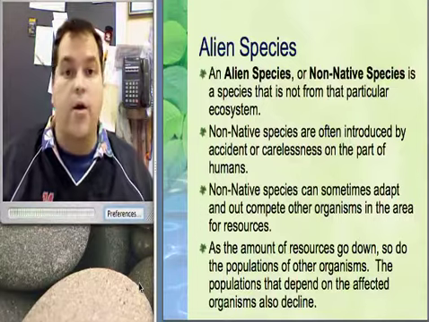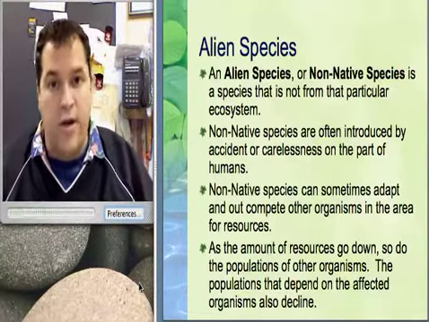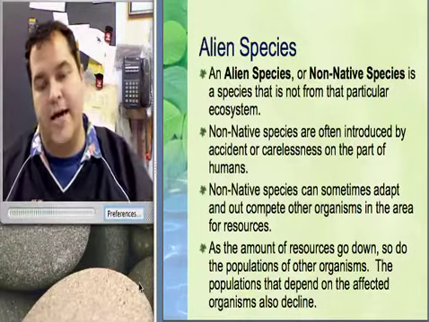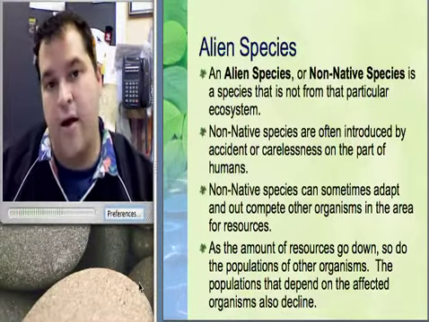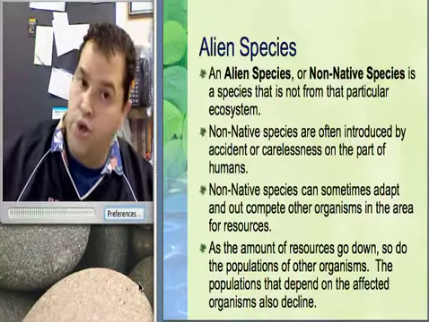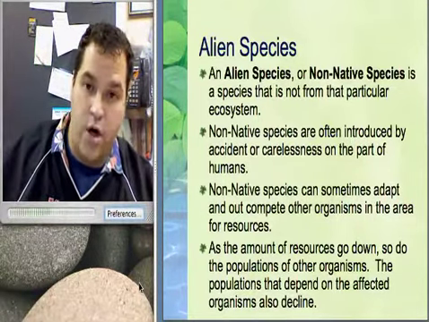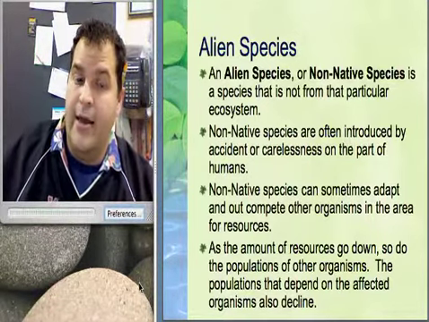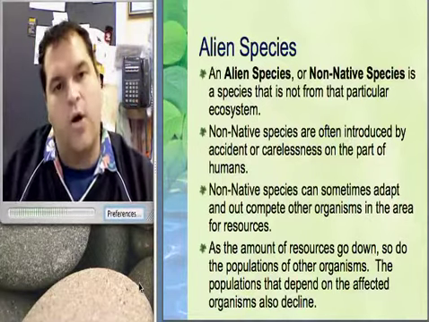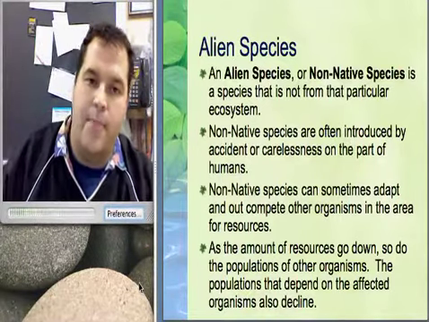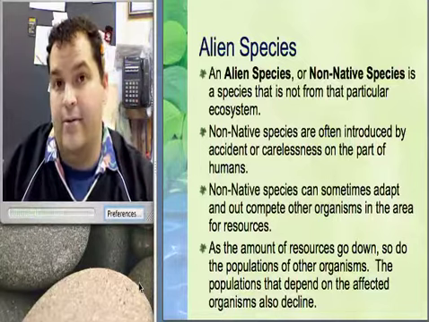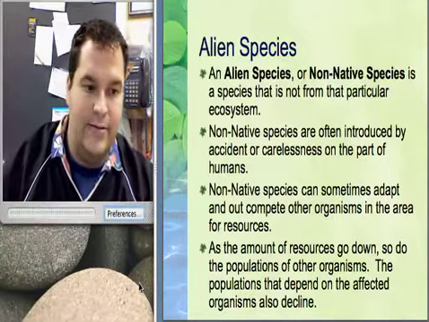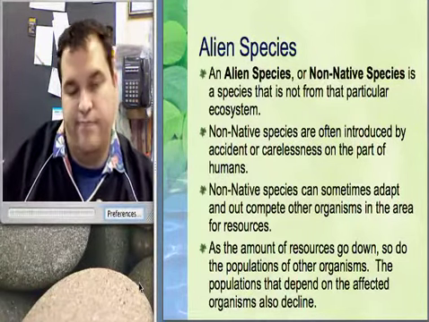Now that we know that, we can prevent it from happening again, and we do. As a matter of fact, all ocean-going vessels that go from Europe or any other country to the United States must dump their ballast water in open ocean. Reason being is that if they've taken in fresh water and they dump it in the ocean, anything that lives in fresh water that goes in the ocean is going to die. And then they can take in salt water. Well, the salt water, when they dump it, isn't going to be a problem because anything that lives in salt water is going to die in fresh water. So that's a good way to fix the problem. But we didn't realize that was a problem until it was too late.